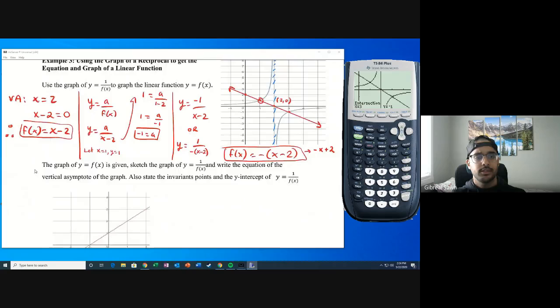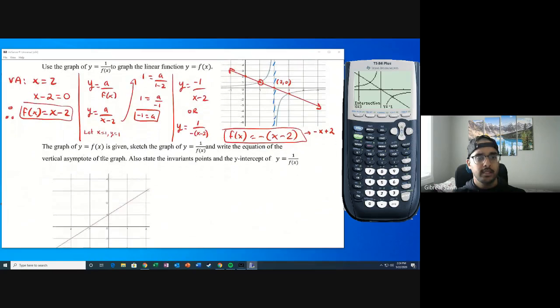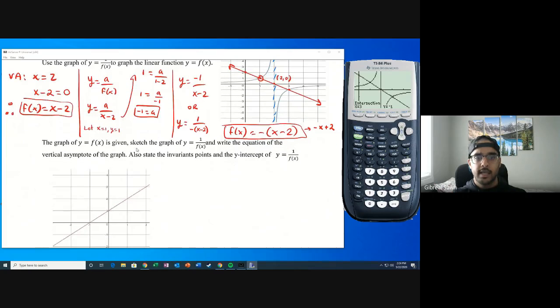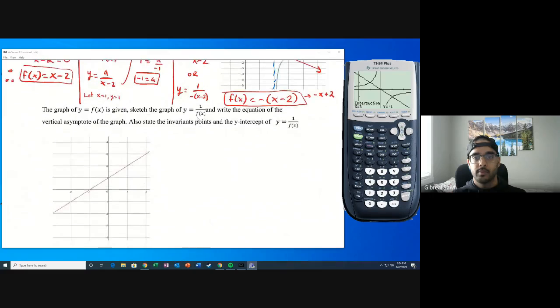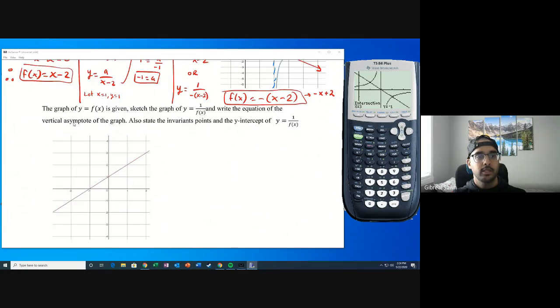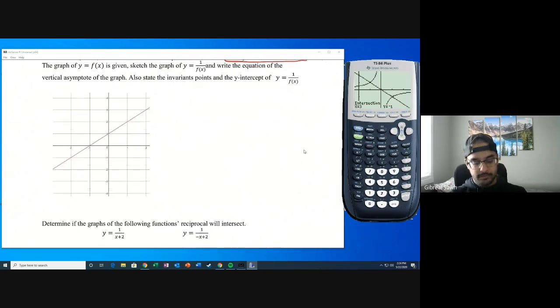Okay, so underneath it just says the graph of y equals f of x is given. Sketch the graph of the reciprocal and write the equation of the vertical asymptote of the graph. Also state the invariant points and the y-intercept of y equals 1 over f of x. Okay, so now we've been given the linear function, and we're asked to actually graph the reciprocal function, the reciprocal